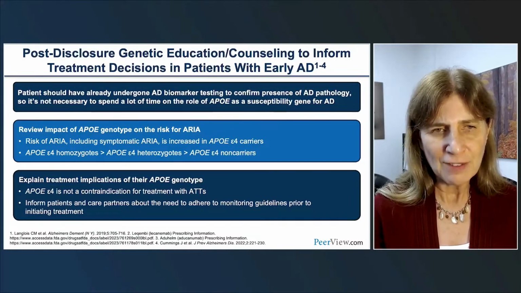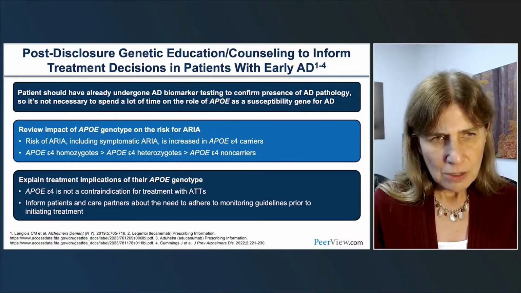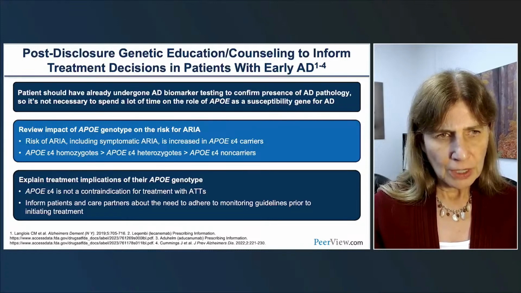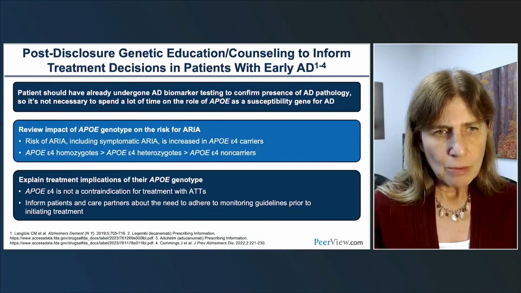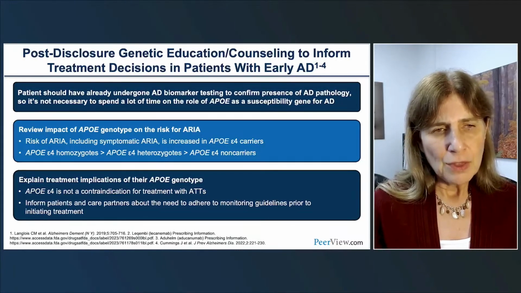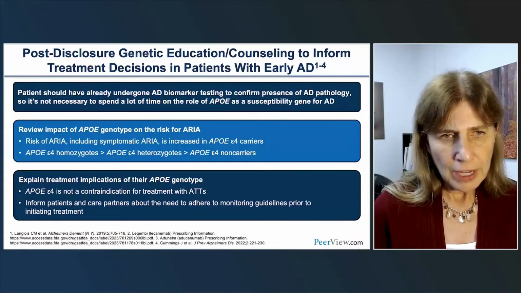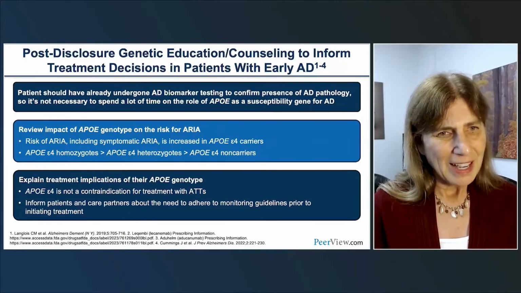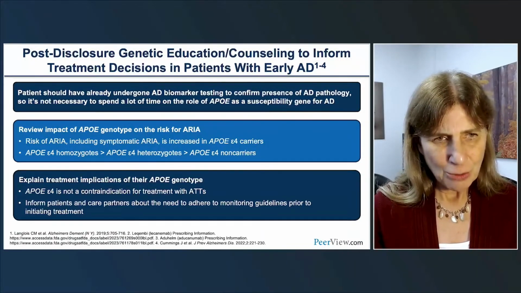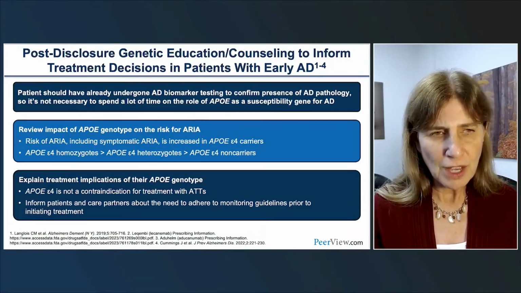People already have CSF or PET amyloid confirmation, so we can skip over that part fairly readily. You do want to spend some time, though, on discussing the influence of the ApoE4 allele on risk for ARIA. You want to emphasize that a patient with any genotype can get ARIA, but they're more likely to if they have one, and even more so two copies of